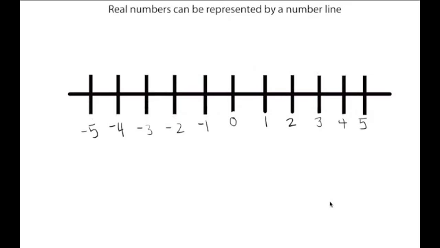Maybe in your other math classes, but a number line is basically just a horizontal line just like this one, and it has little hash marks here, and they represent different numbers. And so what we have here is 0 in the middle, and that acts as our divider, I guess, because like I told you, we don't think of 0 as a positive or negative number, it's neutral. So it acts as the division between the positive numbers